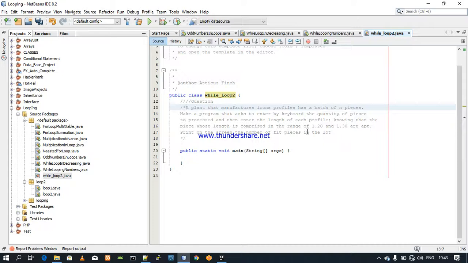Make a program that asks to enter by keyboard the quantity of pieces, which is the n, to process, and then enter the length of each profile, knowing that